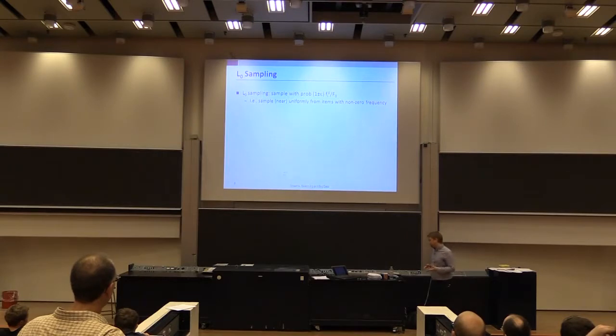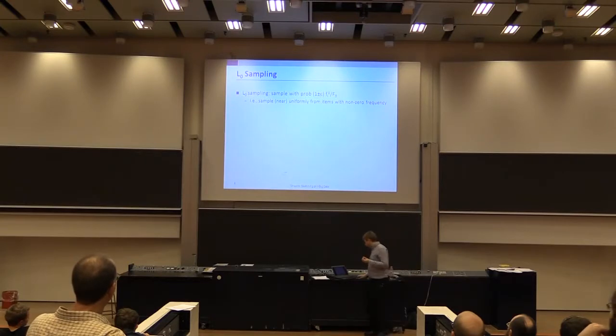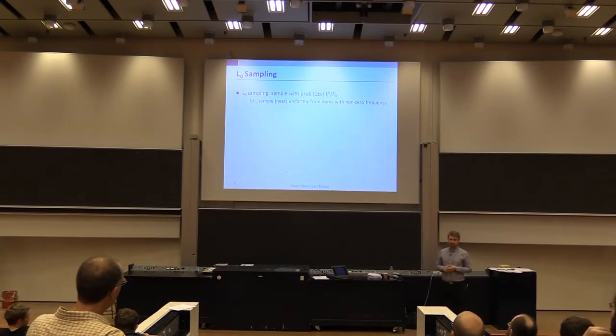L0 sampling says we want to sample proportional to f_i to the power 0 divided by f_0. So using notation, really we just want to sample from those elements that have non-zero frequency. I may see many elements arrive and depart, leaving me with only a small number remaining, and